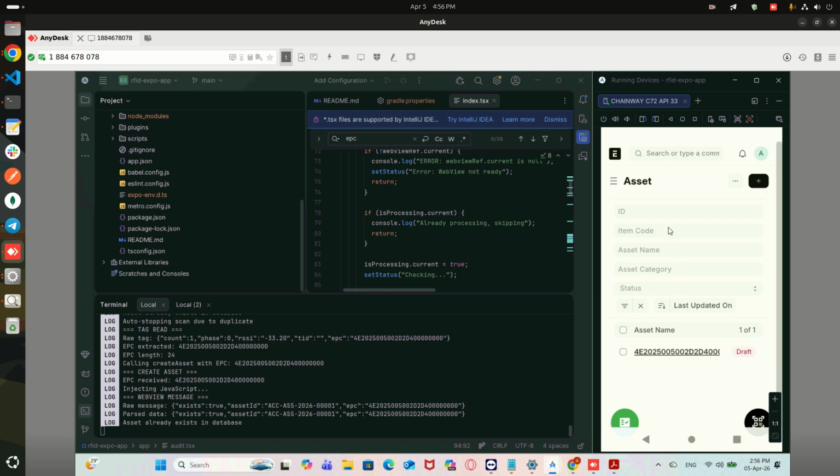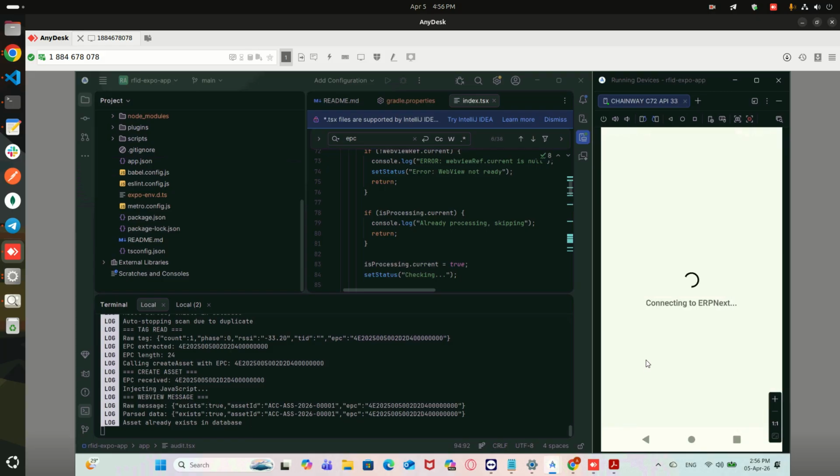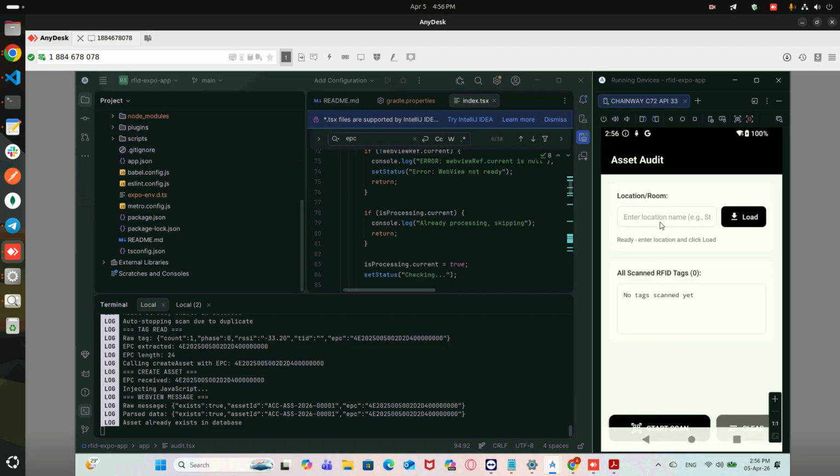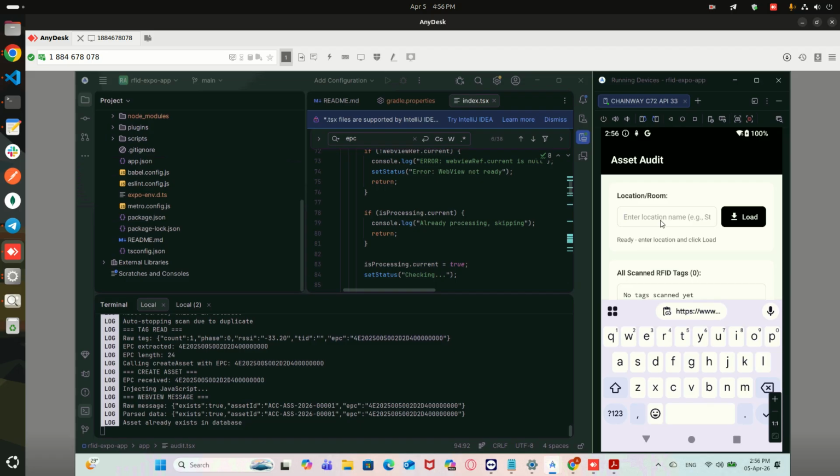Okay, now here if a client asks me, he wants to audit the list in the room, let me open this one. It's for audit. Here if we search with the location or room, like here if I search STORE, and if I click on load,